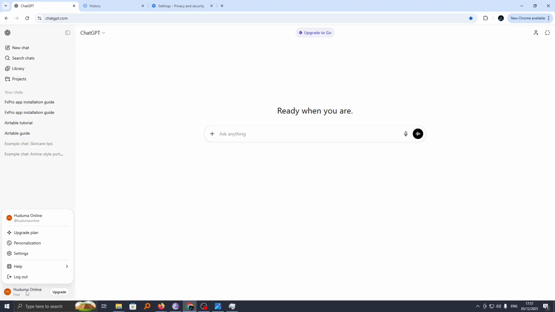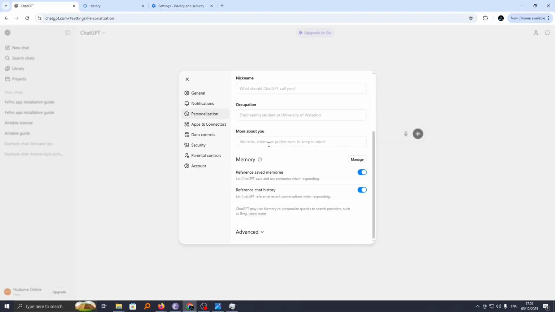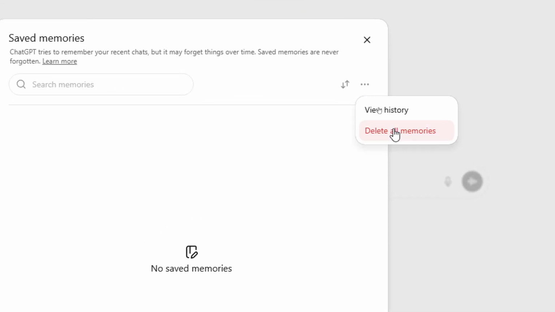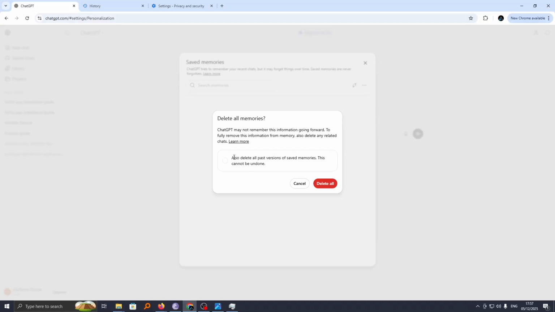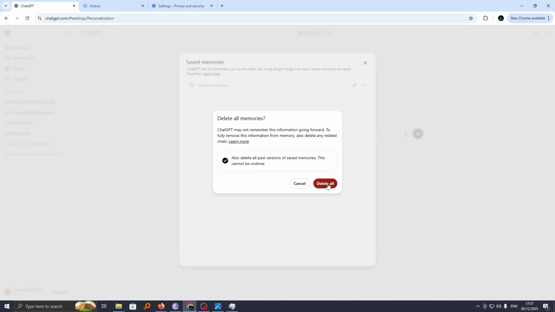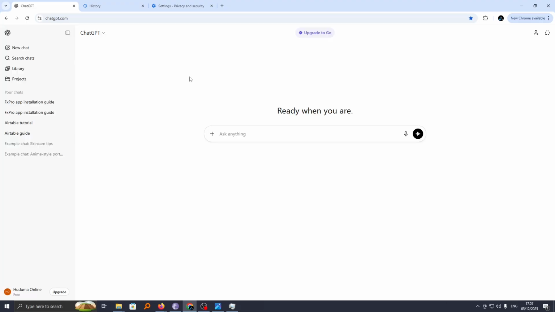However, if this does not solve your problem, then you may need to go to settings by clicking on your account name down here and then choose settings. And under settings, go to personalization, and here we want to free up the memory of ChatGPT. Go to manage here under memory, and you'll see all saved items or saved instructions on your ChatGPT account. Head over to these three dots and then click on delete all memories, and here confirm whether you want to delete all past versions of saved memories by checking on this box. Once you're done, now click on delete all, and this should go ahead and delete everything that was saved on